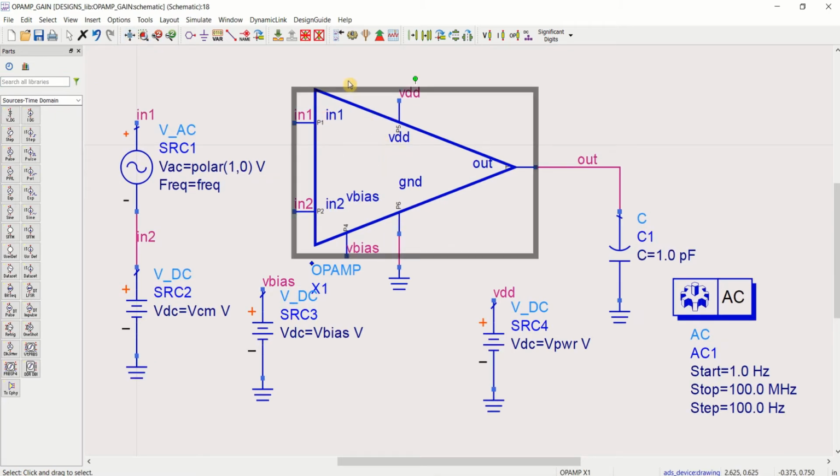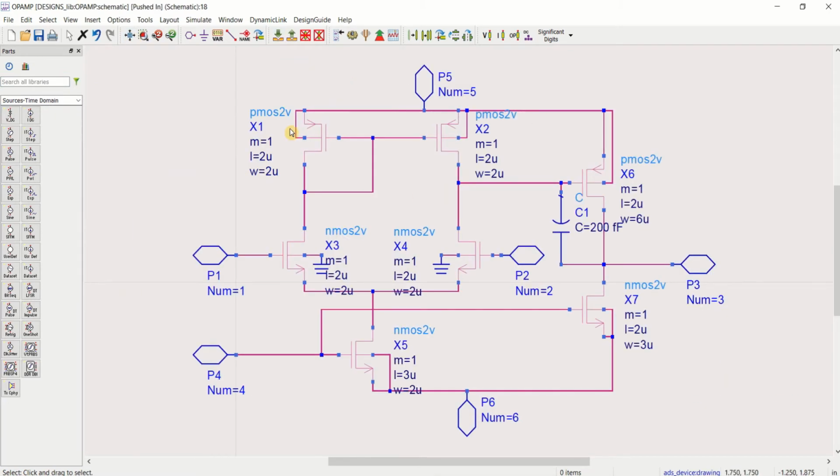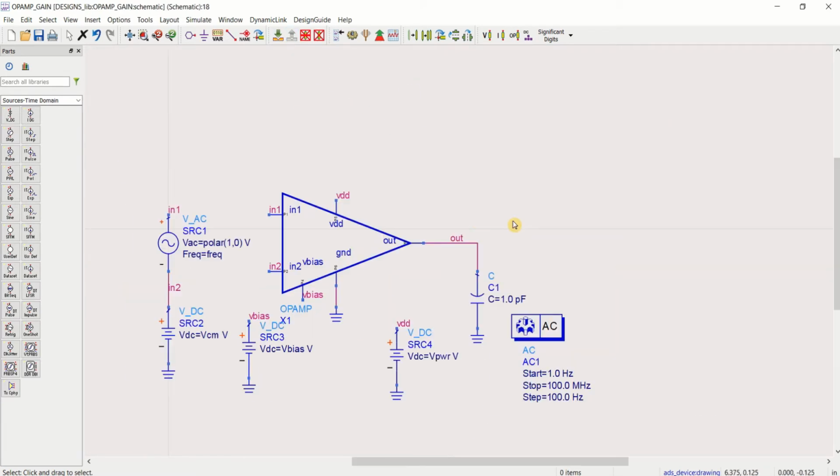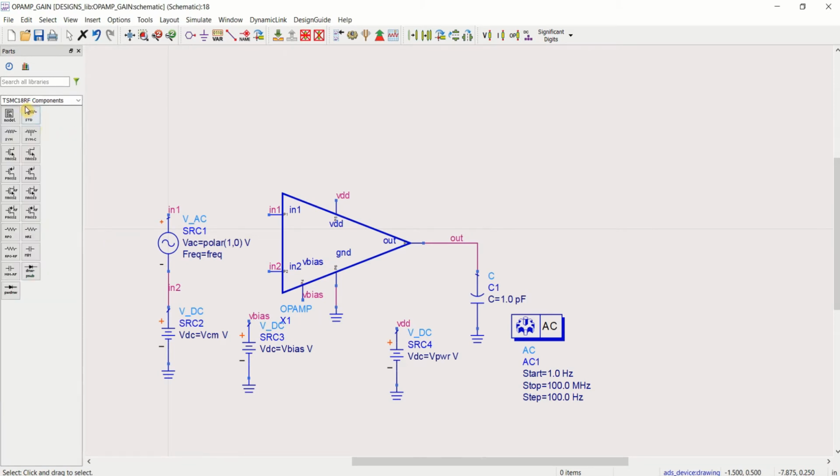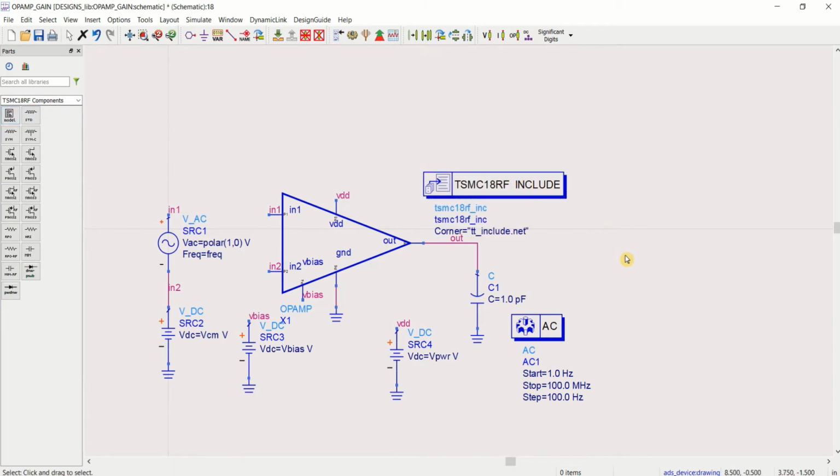If you go into this particular symbol, this op amp is totally designed with NMOS and PMOS. You require a technology file or model library for this. Since I am using the TSMC RF 180 nanometer model file, I'll use the model file here.